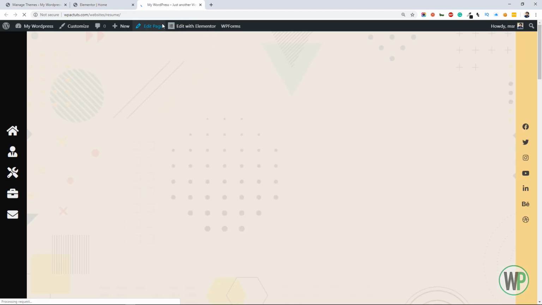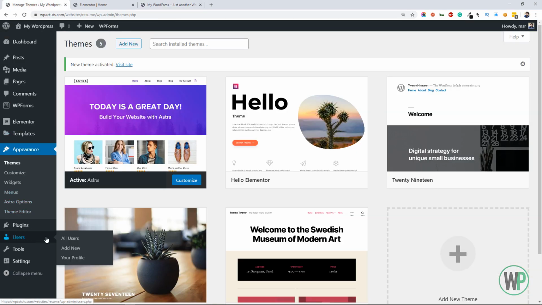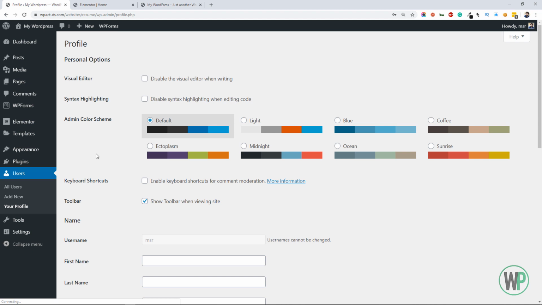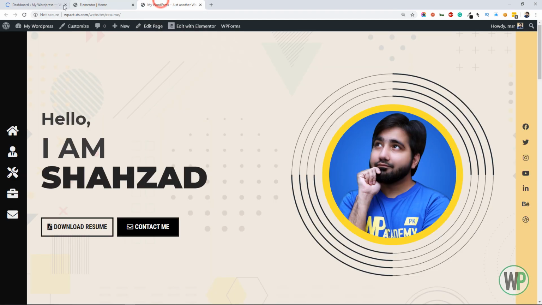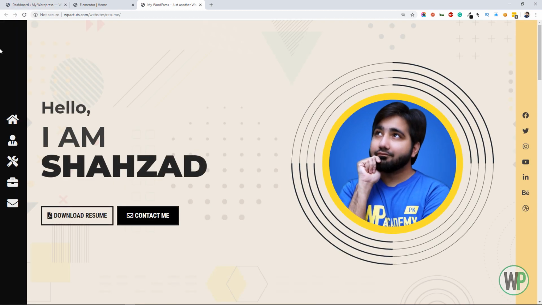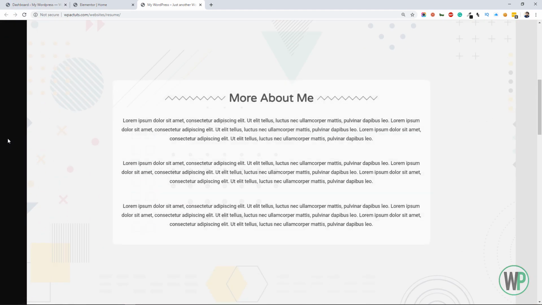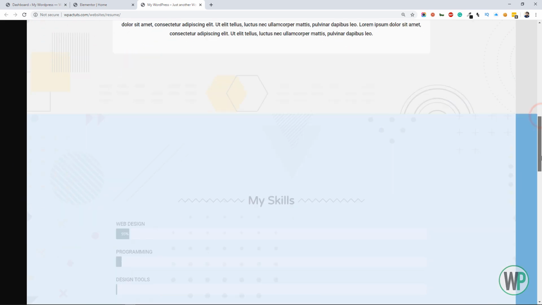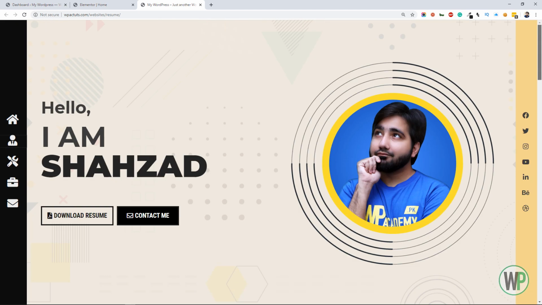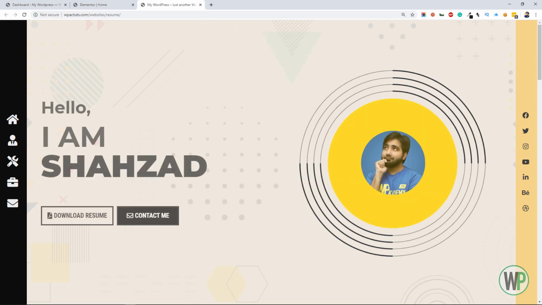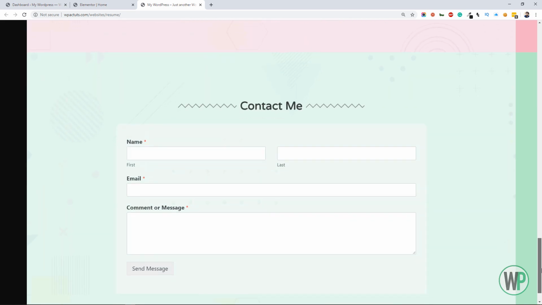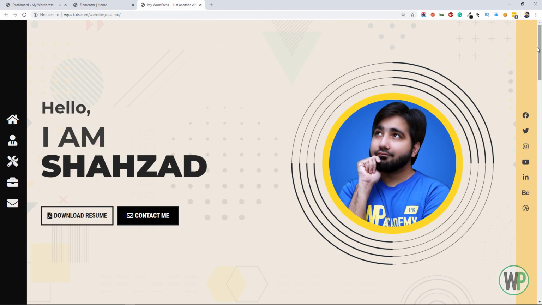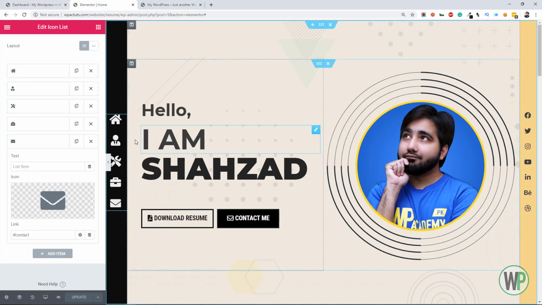Let's have a preview of our website. Let me just remove the toolbar. Okay, reload. See, very good, perfect. If you click on any menu item, it will take you to the section which is linked to that menu. Now the last part is that we want to stick the menu and icons with each section, so it stays to the left and right on every section.